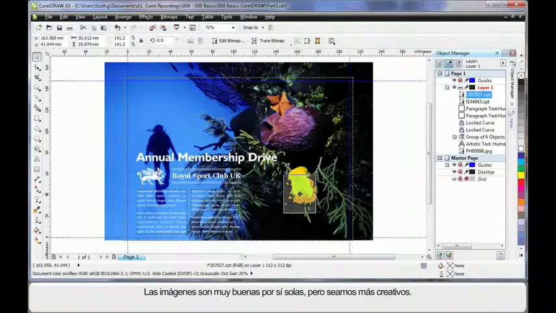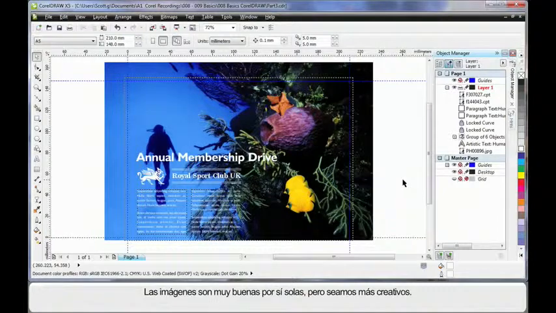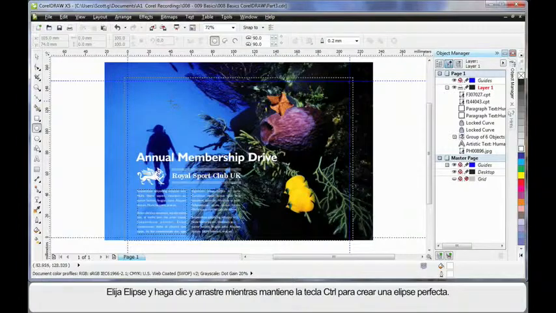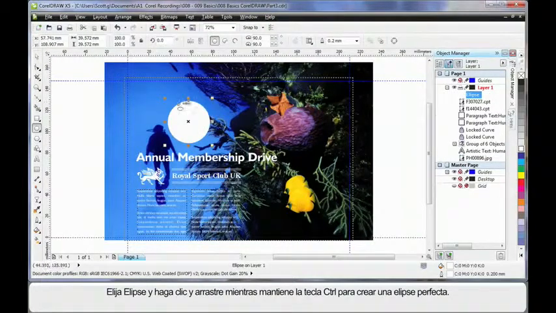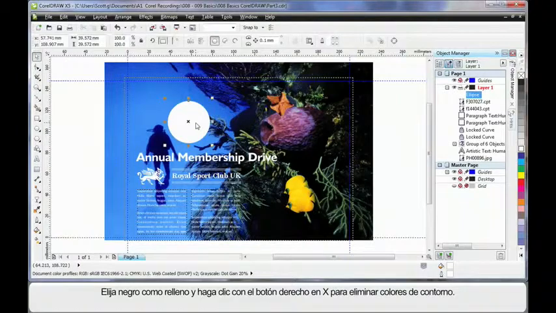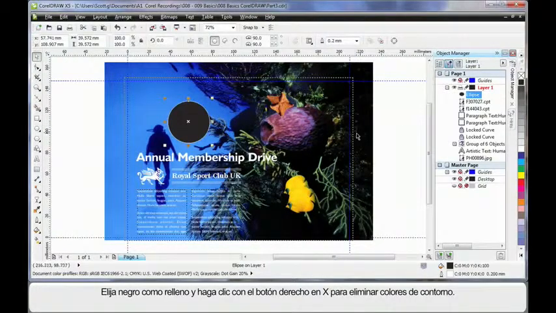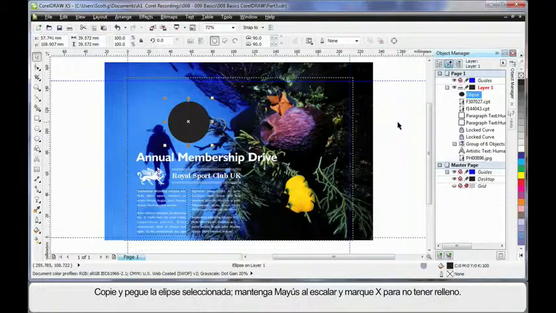Now they look pretty good just adding them in there on their own. But let's do something a little more creative. Going to select my ellipse tool and click and drag, finger on Control to create a perfect ellipse. Now the reason that's white in color is before, when I was actually playing, I selected the white, a left click and a right click before I actually created the image. Now I'm going to make that black in color, and I'm going to right click on the X to remove the outline. Control C, copy to the clipboard, and Control V, paste back down, and you can see my second